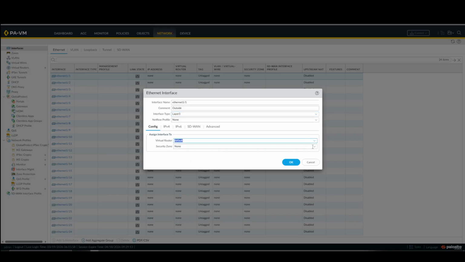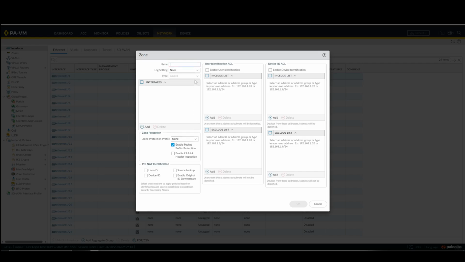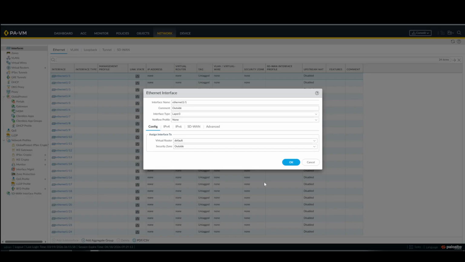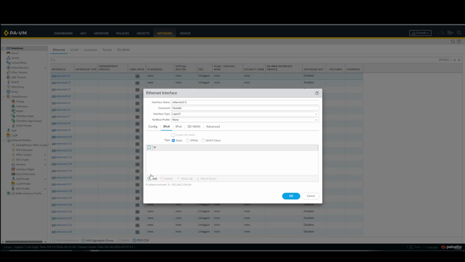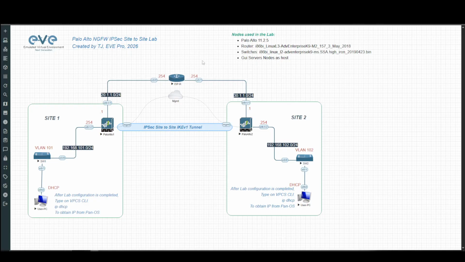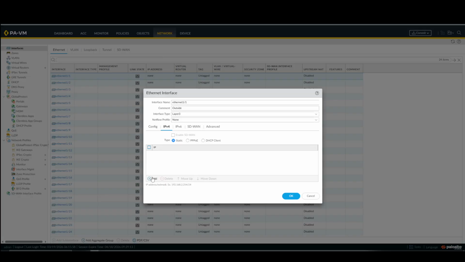Default virtual router, zone. It's going to be outside, okay? Remember, since it's the outside, it's going to be a 30 network. So it's going to be 30.1.1.1/24,